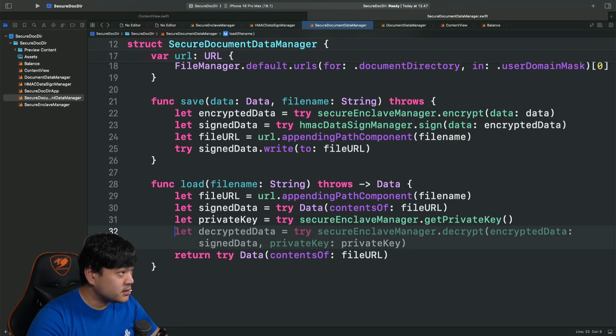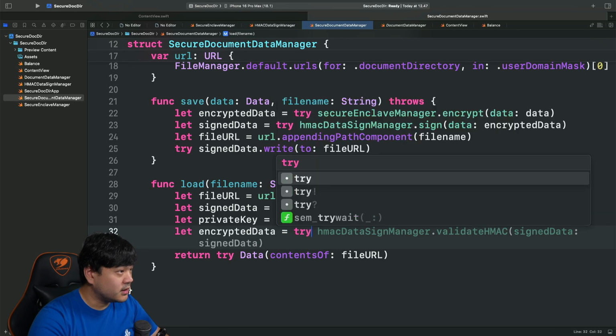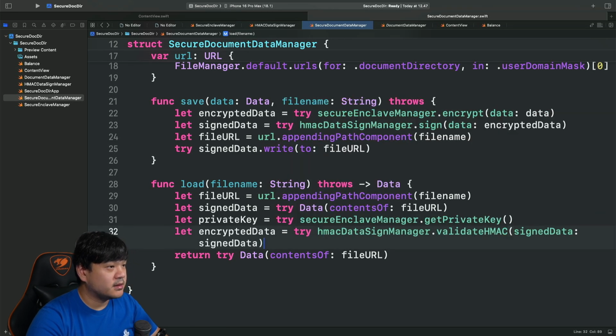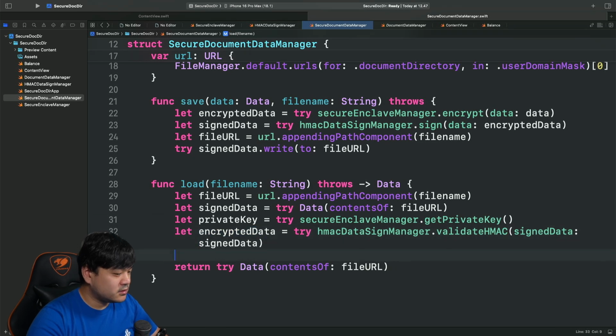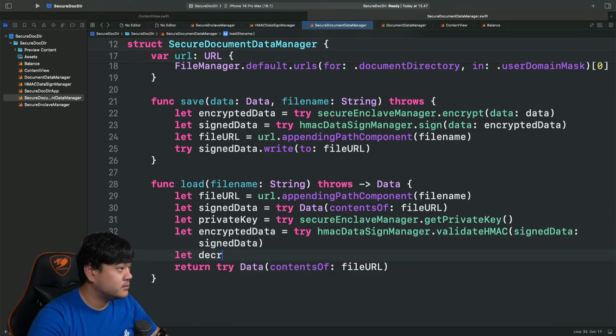After we get the signed data, we need to get the encrypted data by invoking HMAC data sign manager validate the HMAC. We pass the signed data, and it will give us the encrypted data. Now we need to decrypt this data.